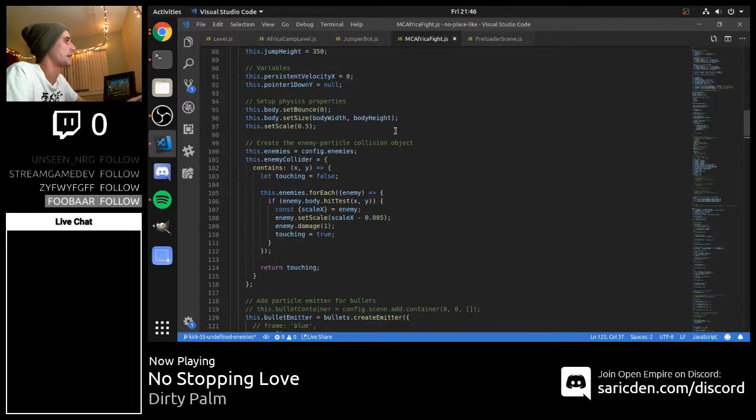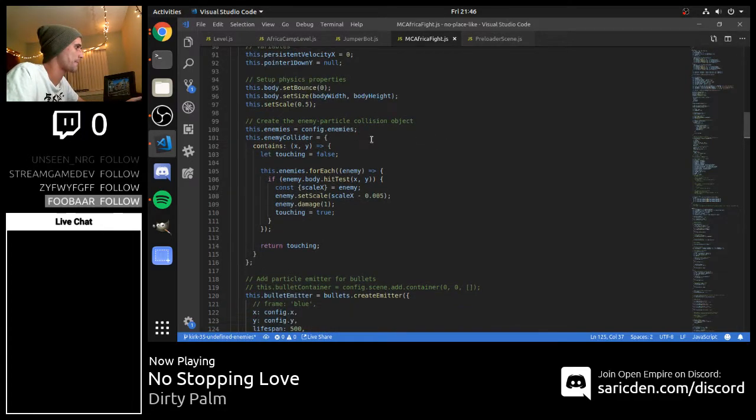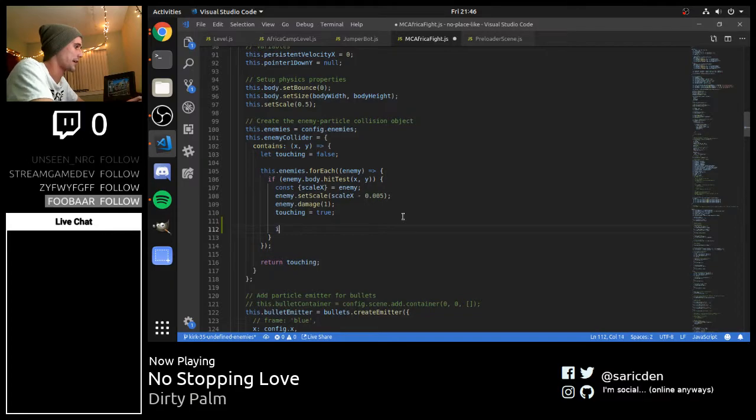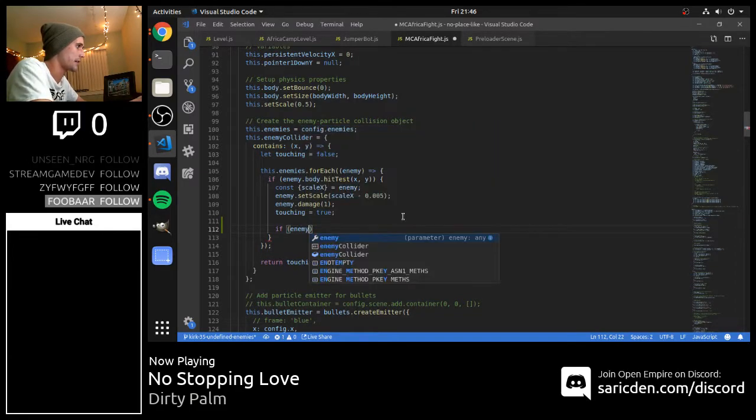I don't know. Anyways, so we've got this. This is where we're damaging our enemy. We're damaging it for 1 hit point worth of damage right here. And what we can do is in this function, we'll say if enemy.is dead,